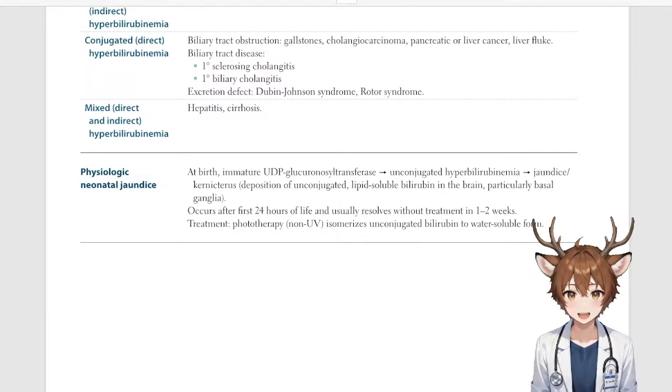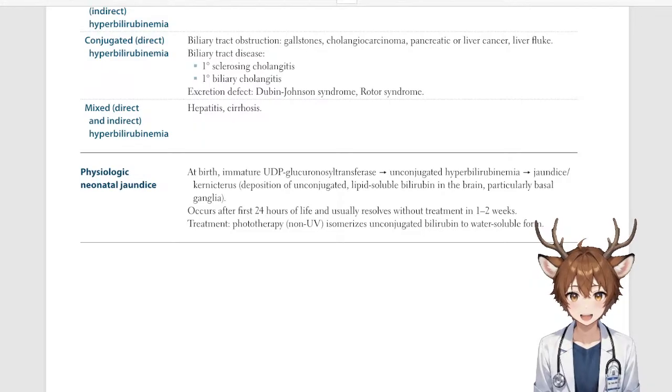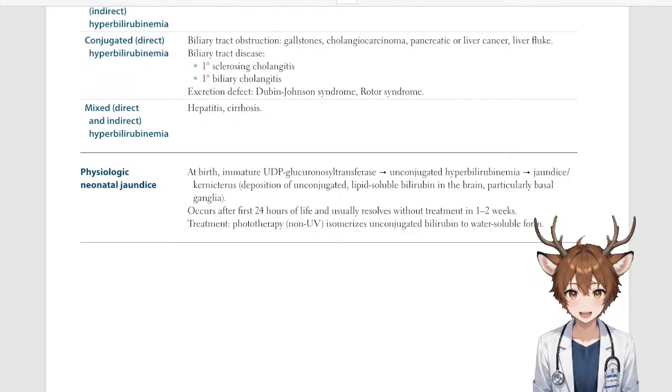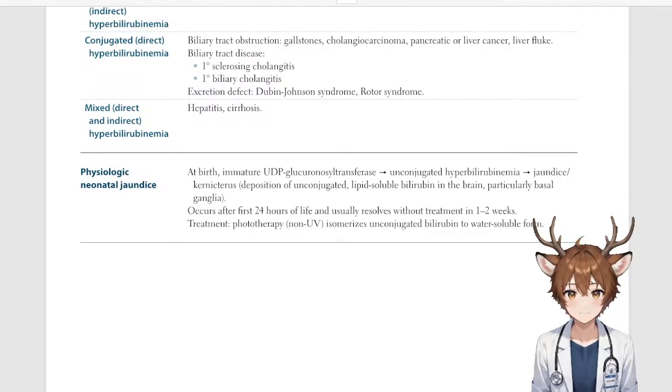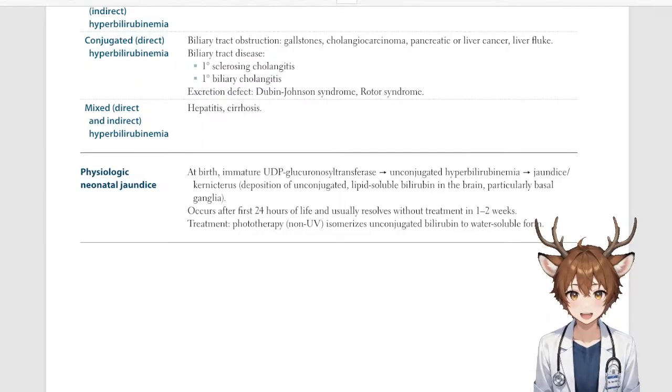Beta-glucuronidase, a lysosomal enzyme for direct bilirubin deconjugation, is also found in breast milk and may lead to pigment stone formation. It occurs in nearly all newborns after 24 hours of life and usually resolves without treatment in 1 to 2 weeks. Exaggerated forms: